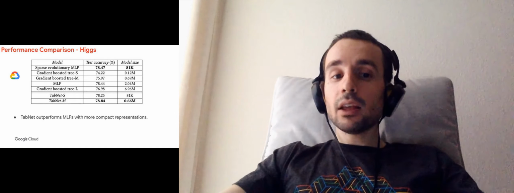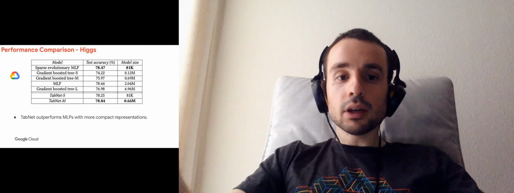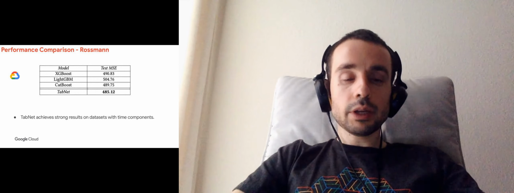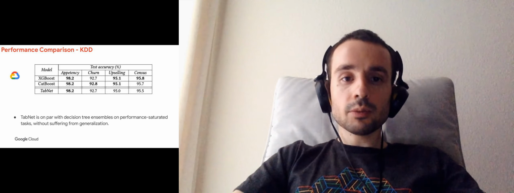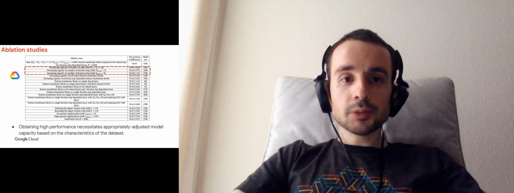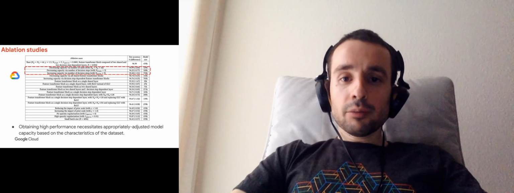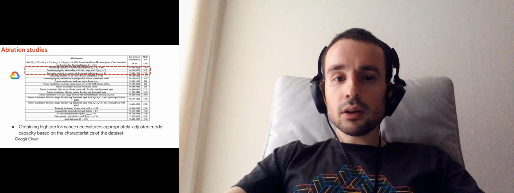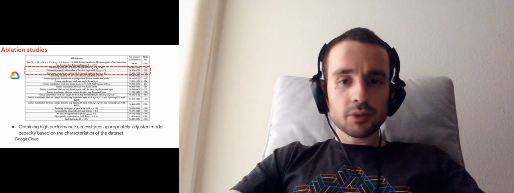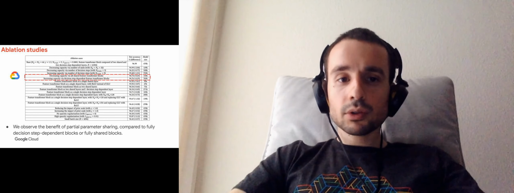And here we don't have any specific sparsification mechanism in TabNet, but we just have judicious architecture design, which allows very compact representation learning. Then we have this Rossmann retail dataset. Again, we show outperformance, and we have some more KDD datasets. Then I would like to briefly go over some ablation studies to show the impact of different design choices. So we have a few key hyperparameters that allow us to control the capacity of the model and balance between overfitting and underfitting. So number of decision steps and number of units are some important ones.